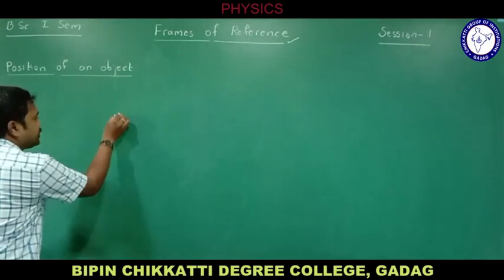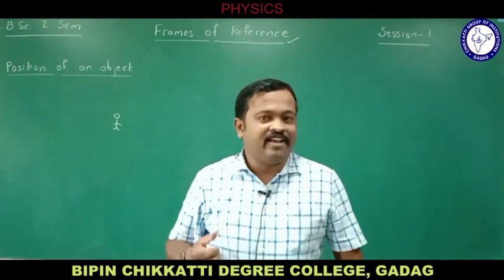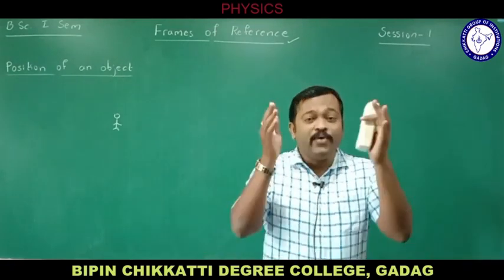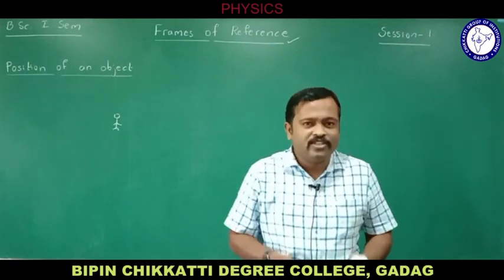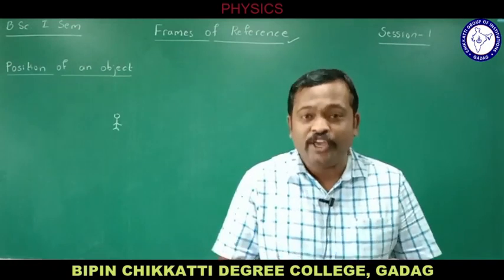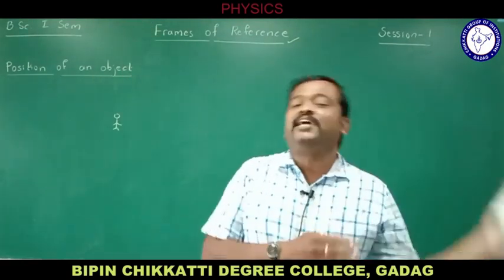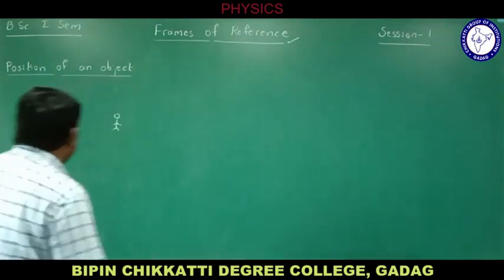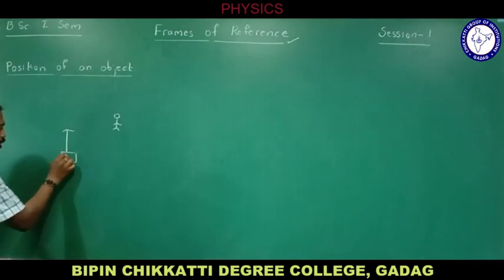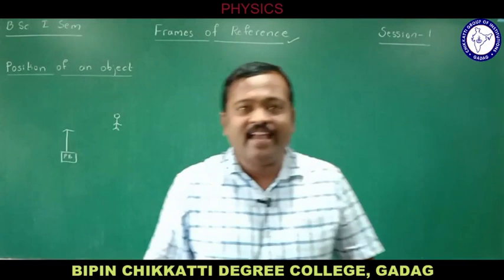If you are standing at this position and you get a call from your friend to know where you are, you don't say that you're standing at this latitude, this longitude. You give a point of reference which he knows, and you say that you're standing beside it. For example, if there is a petrol bunk here, let me consider there is a petrol bunk,